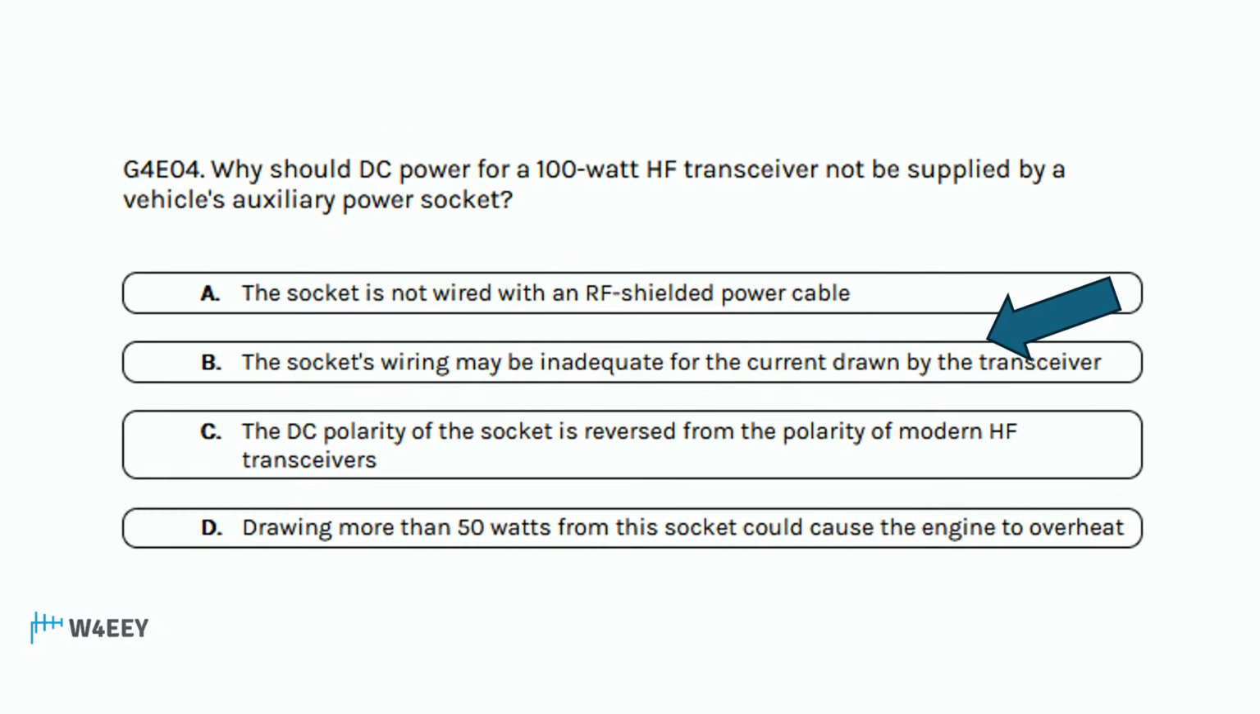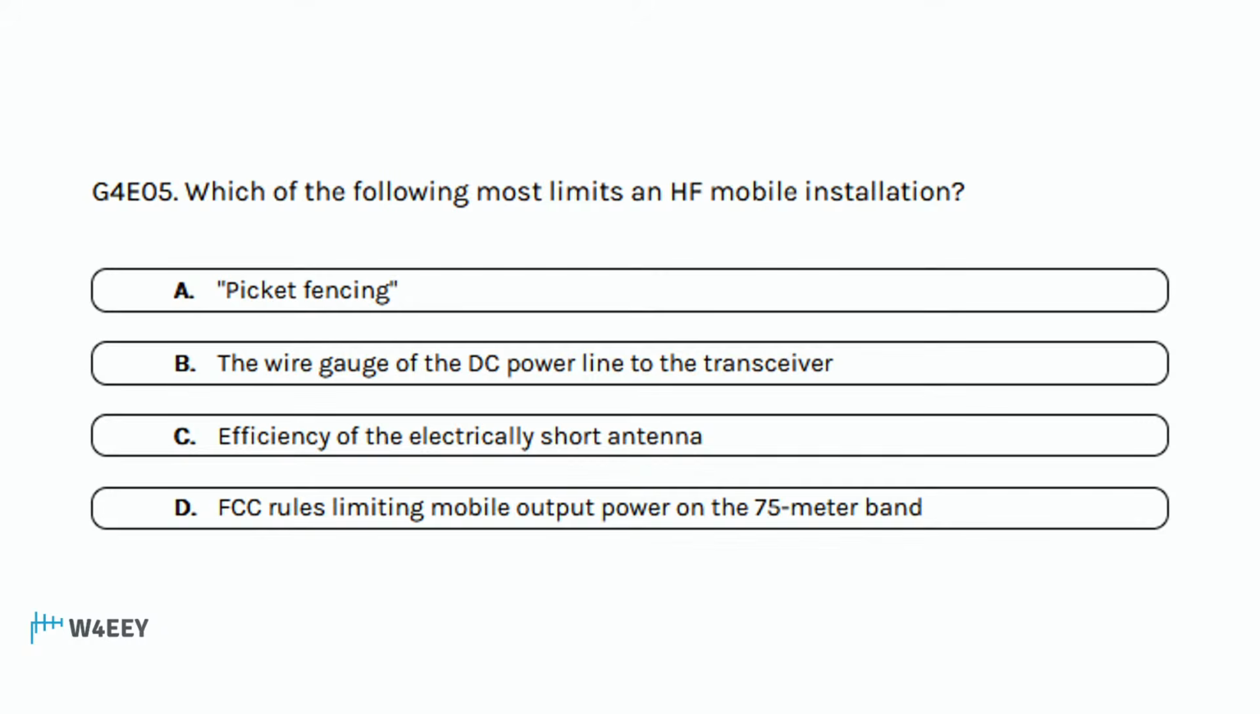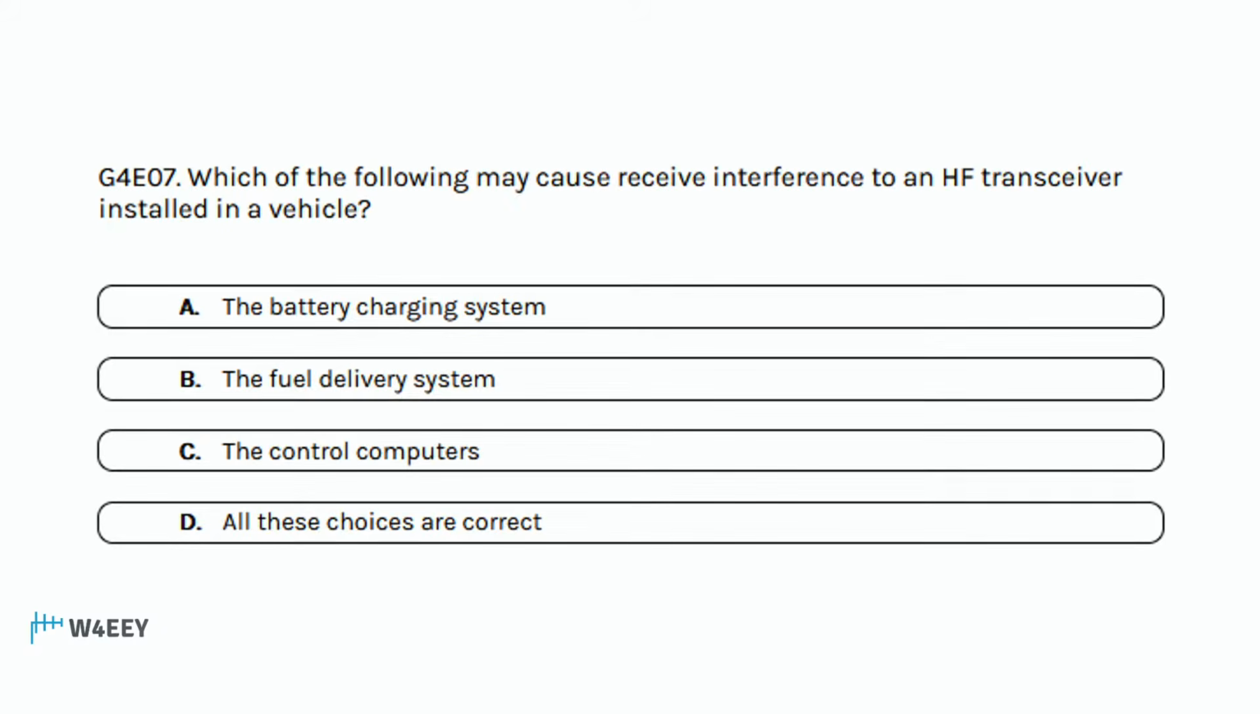out of the car. All right, and which of the following most limits an HF mobile installation? The problem is always the efficiency of the short antennas on HF. And which of the following may cause receive interference in an HF transceiver installed in a vehicle? Could be the battery charging system, could be the fuel delivery system, could be the control computer, so all of